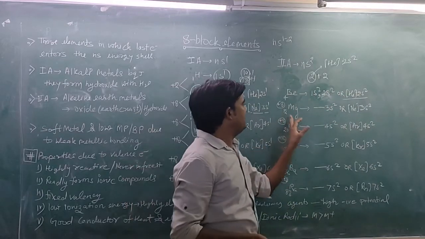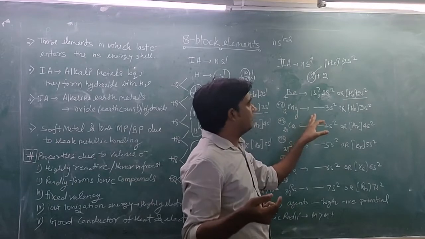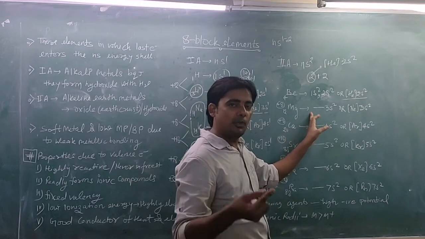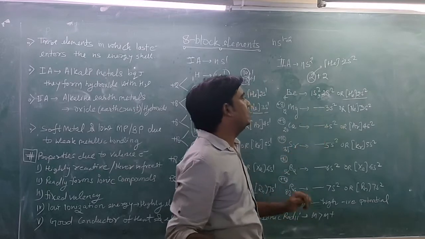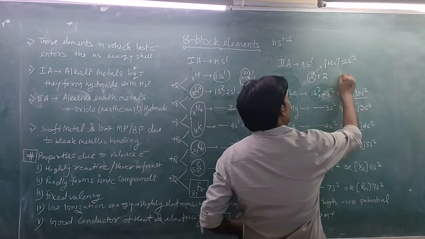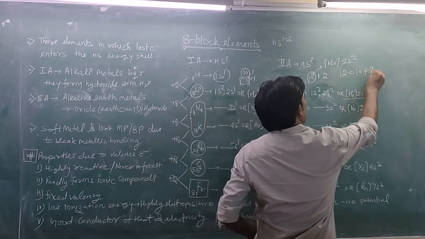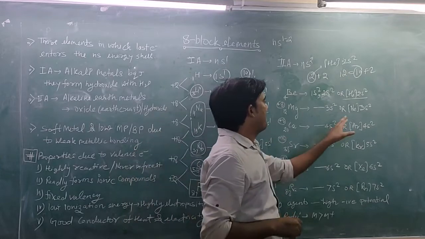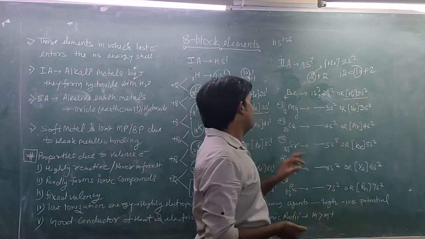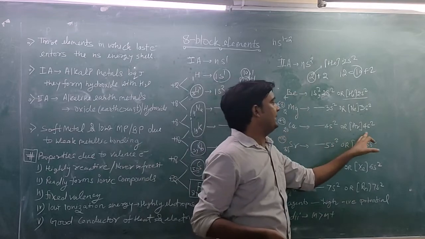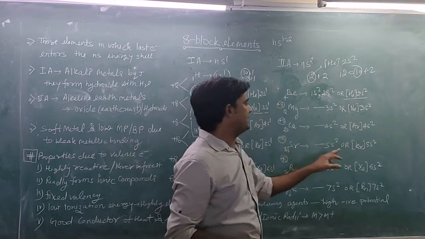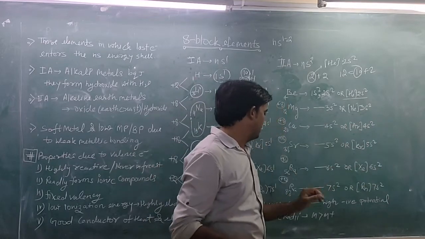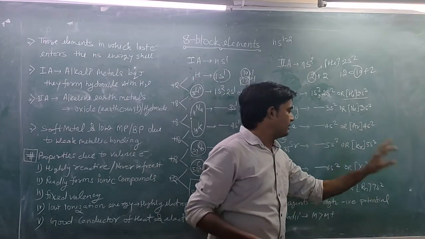Okay, for Mg, if you write the electronic configuration as the electronic distribution, then you will find 1s2, 2s2, 2p6 and 3s2. Or you can write 12 in this fashion: 12 is equal to 10 plus 2, and 10 is the second inert gas, so Ne 3s2. Similarly, for 20 you can write Ar 4s2, for 38 krypton 5s2, for Ba xenon 6s2 and for Ra radon 7s2.